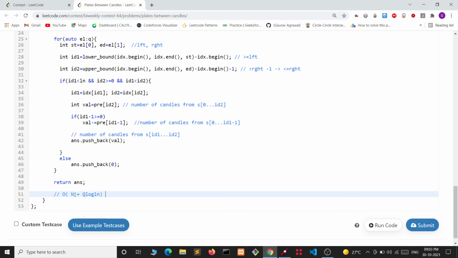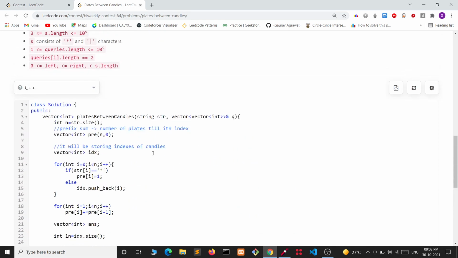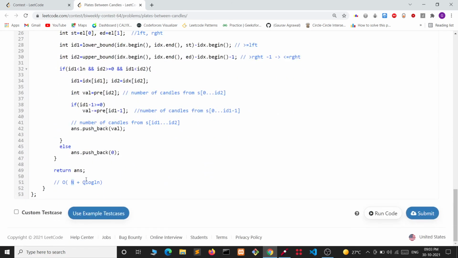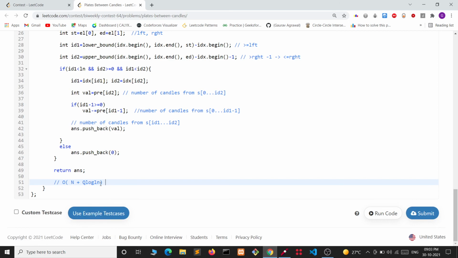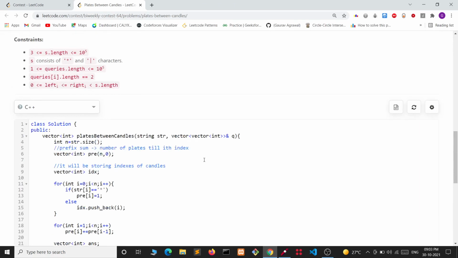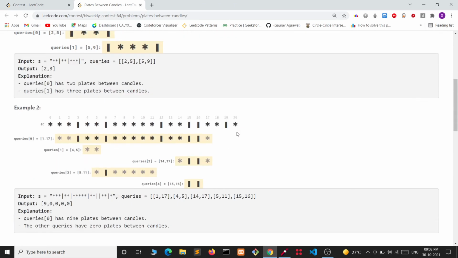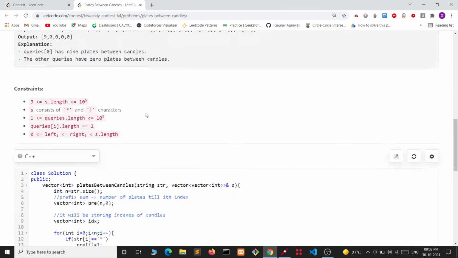Here n is the length of the string, q is the number of queries, and ln is the number of candles we have. You can take this also as log n. It will reduce to q log n only. If we take n and log n as the same, then it is an n log n solution only, so it will pass, as the constraints are up to 10 to the power 5 only.